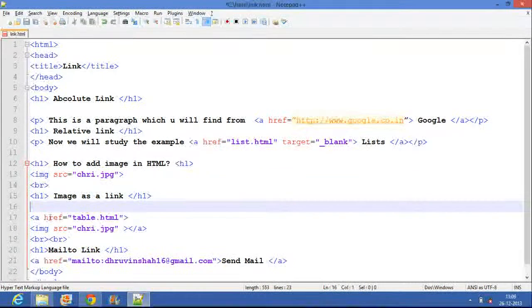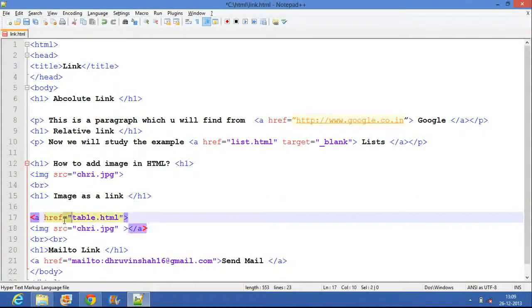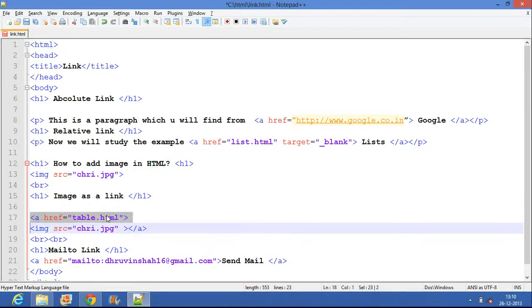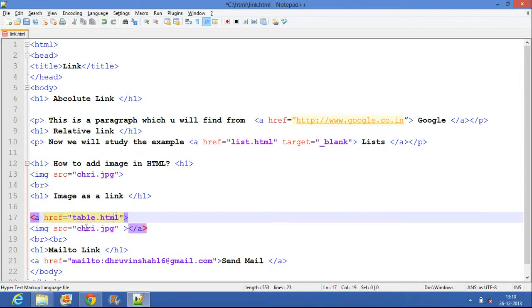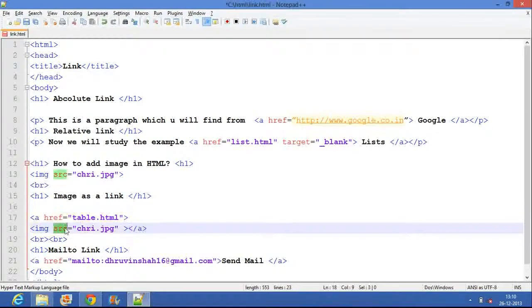First, we use the anchor tag, which is used for the link. Href is equal to table.html. This file is already in my current directory. And then image src is equal to christmas.jpg.